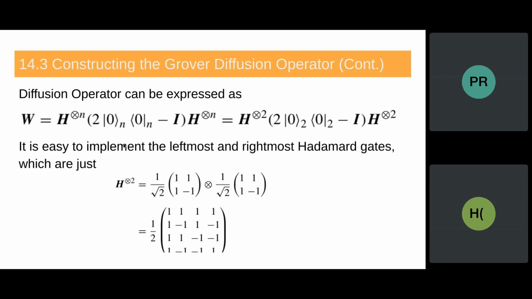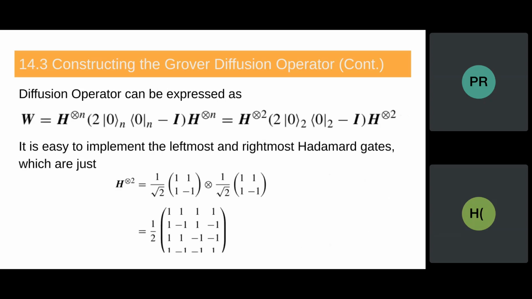In this case, it will be 0, 2. So we are doing that, and this is how it will be. You can see Hadamard 2 is nothing but 1 by root 2 times 1 minus 1. If you do this, you are going to get this, and this is what is going to be applied. Hadamard is being applied to the